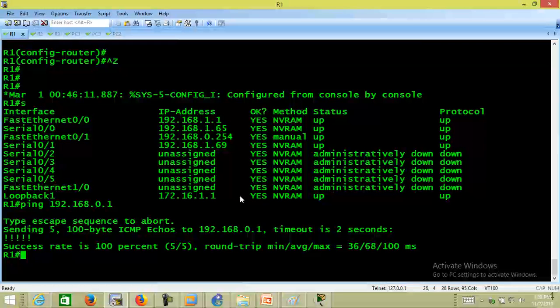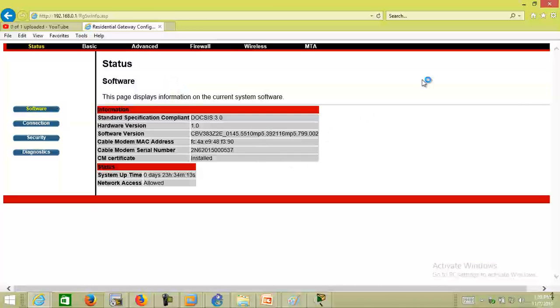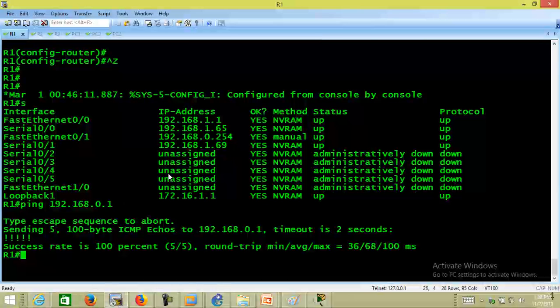192.168.0.1, which is the IP address of my wireless router here at home. Not wireless, as in the router that gives me internet, this Zuku. So in essence, if you were to zoom into this ISP cloud, the first device that you'd find here is the router at home that now connects to the Zuku network and all that. So right now we know that if I try to ping, you see I can reach my router, but if